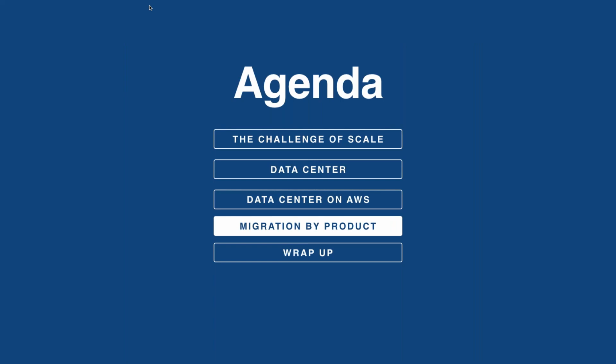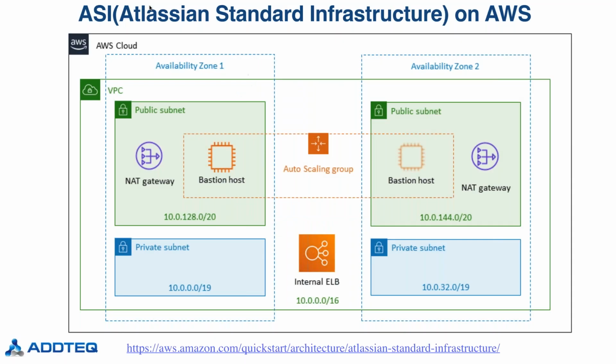And next, we will look at some of the details in terms of what the architecture of each of these Data Center tools on AWS looks like, as well as what some of the migration strategies are that you should be aware of, as well as some hopefully helpful links, which could be some follow-up reading that you could do. Now, in terms of the prerequisites,